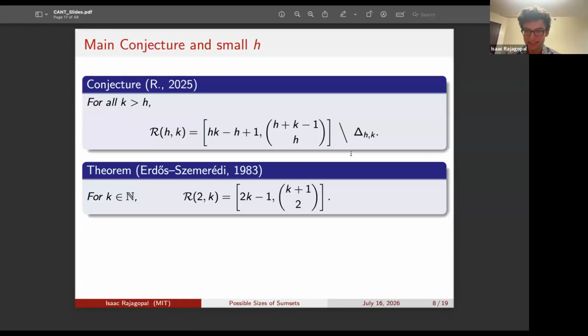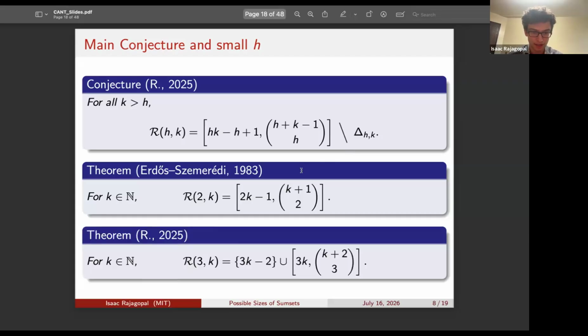It's not a long proof, but it's not a triviality, let's just say. You need some inductive argument and you need some construction involving an interval, the unit of an interval with another point outside the interval, and that's sort of like the base of the inductive construction. But yeah, so this is R of 2K, and in my work, I'm able to extend this result to